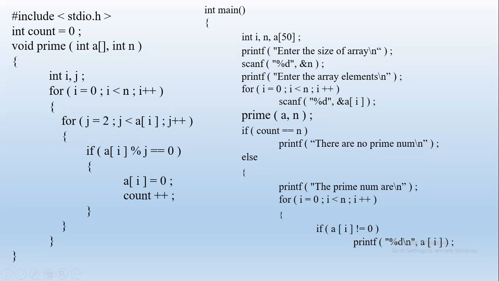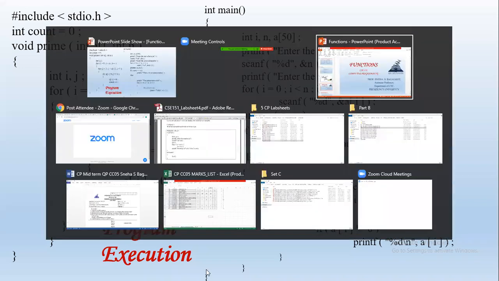Right? So next, when i becomes 3, 3 less than 3, condition is false. So this for loop will complete. And then we have to close one bracket for the for loop, another bracket for else, another bracket for main. Okay? Is this clear? So let me execute this program. Just a minute.